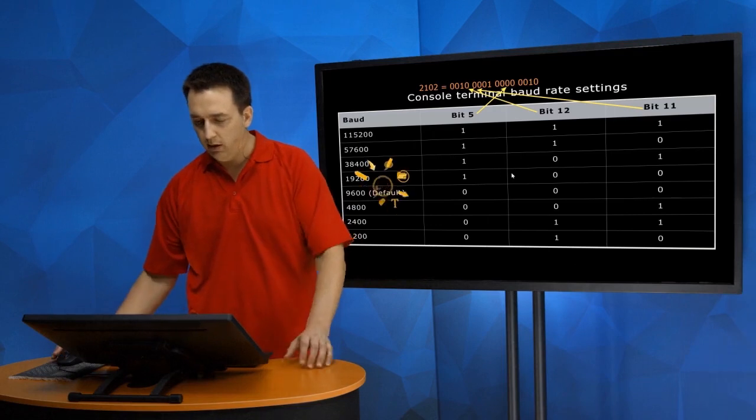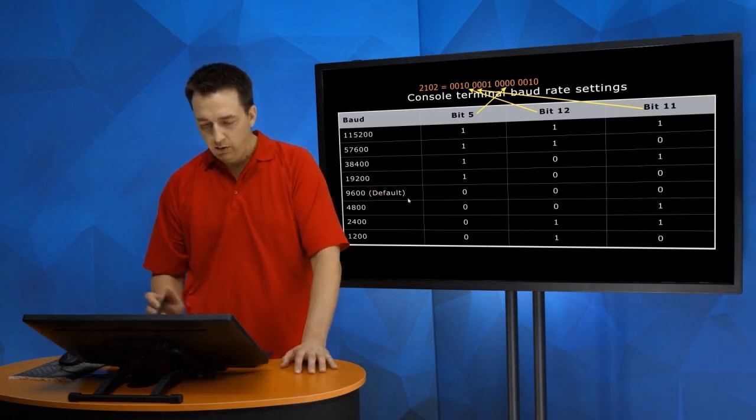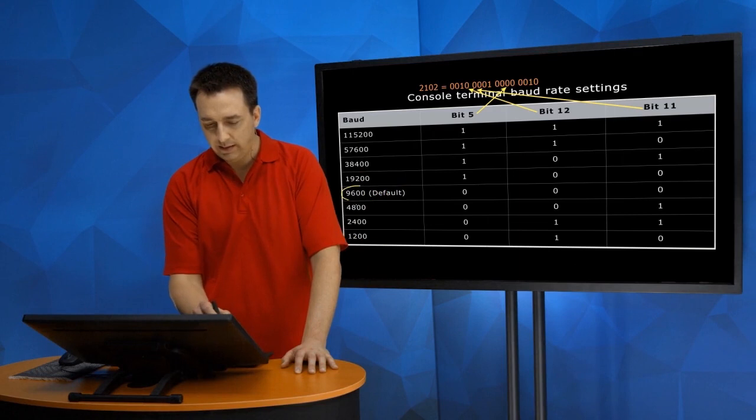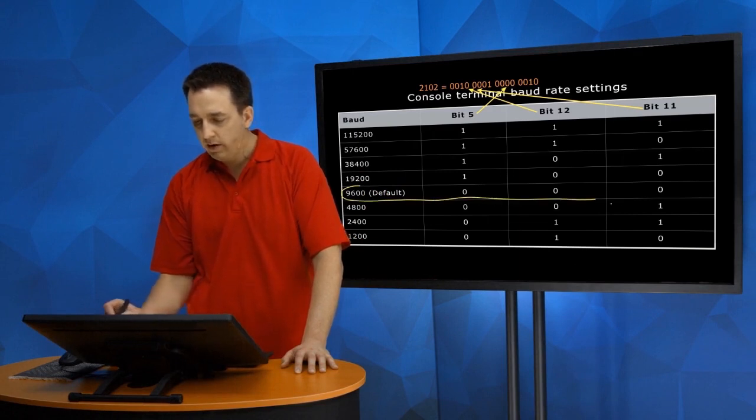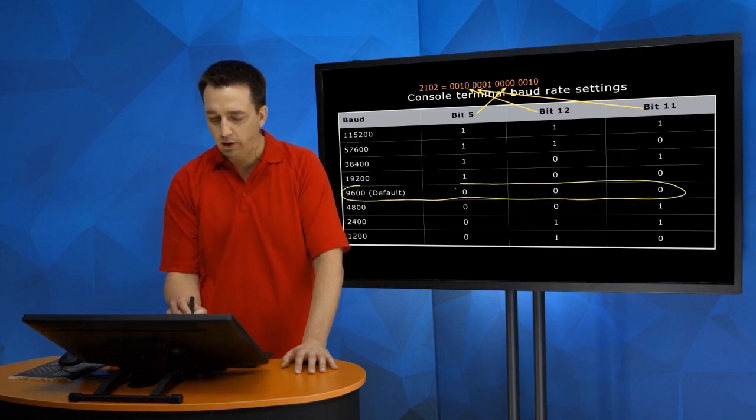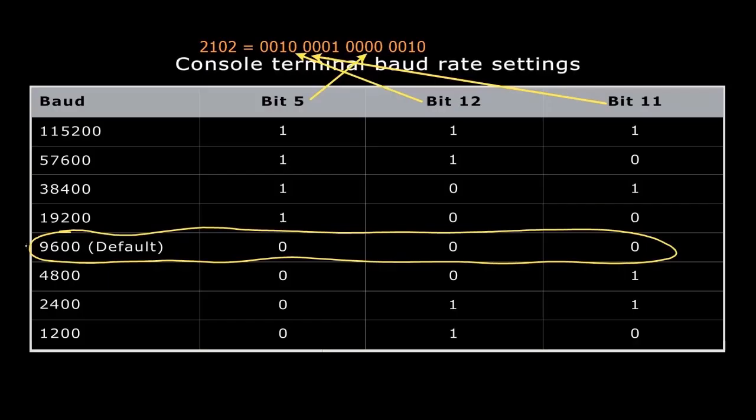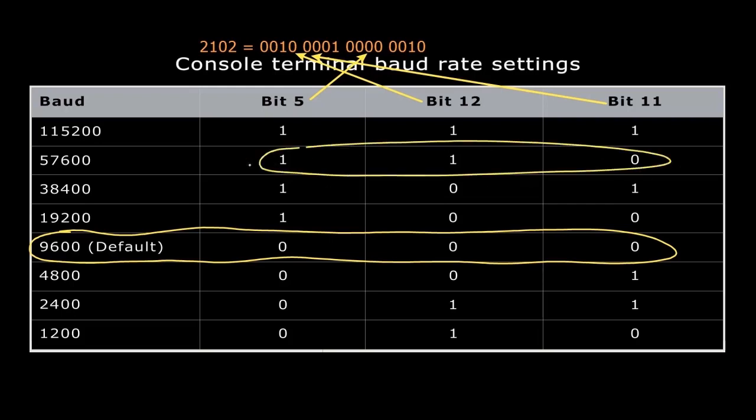So with them being all 0 by default, we can see that it says the speed now of the console port is 9600 baud. So if you want to manipulate that setting, you can manipulate it through the configuration register value by manipulating bits 5, 12, and 11. And you can see the different combinations here. So if you wanted to change it to 57,600, then you have to have a value of 110 based on bits 5, 12, and 11 in order to